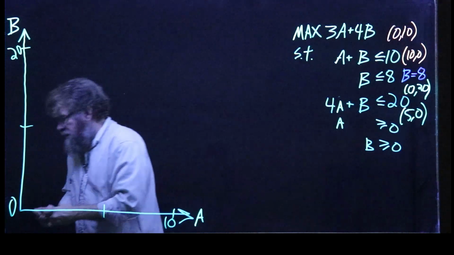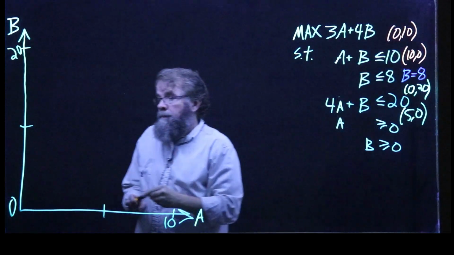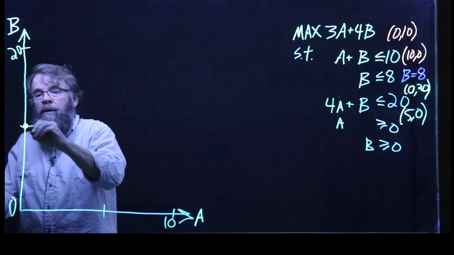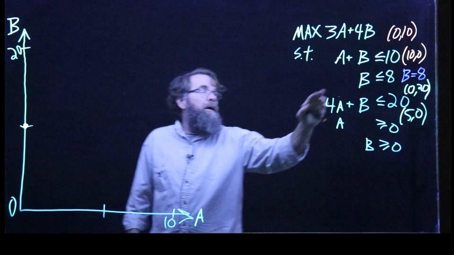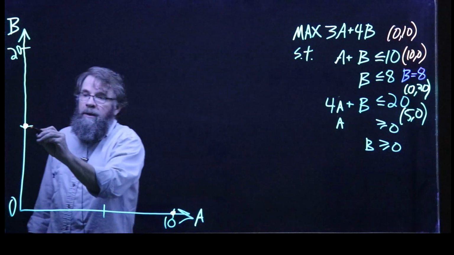Okay, so my first constraint, the orange line, I'm at 0 and 10. So that will be one endpoint there. And then the other endpoint is at 10. So that'll be over here. And I will try to draw